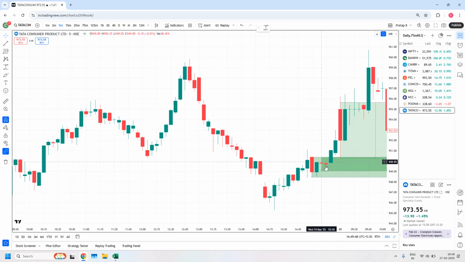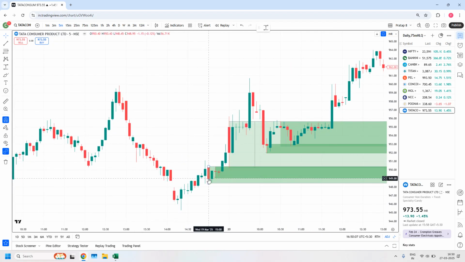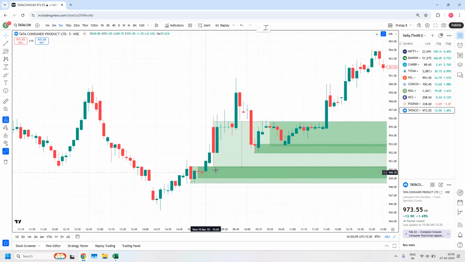So this 5 minutes origin is the fine tuned 5 minutes origin. Rather than saying 5 minutes origin, we can say fine tuned 5 minutes origin. The moment you use the word fine tuned, we should understand its order flow will be stronger because it is inside its higher time frame zone. Okay, anyway, this is the one,